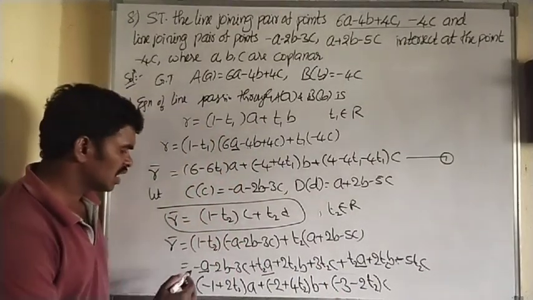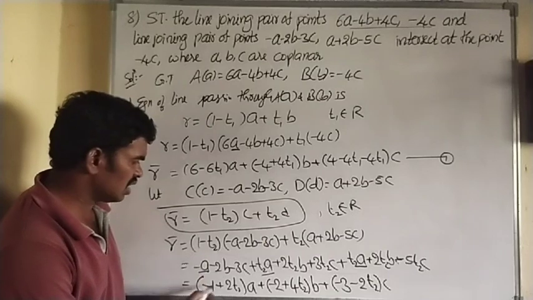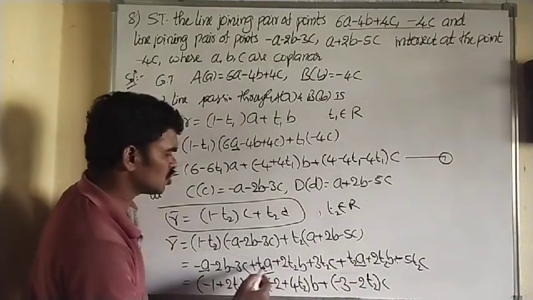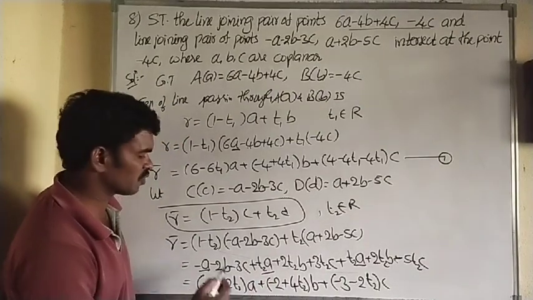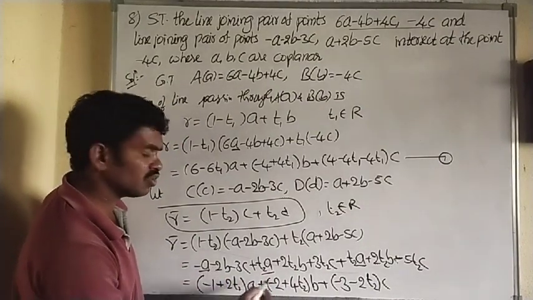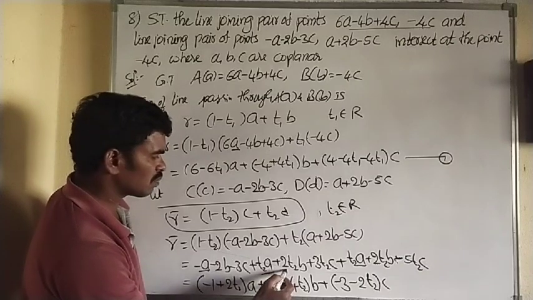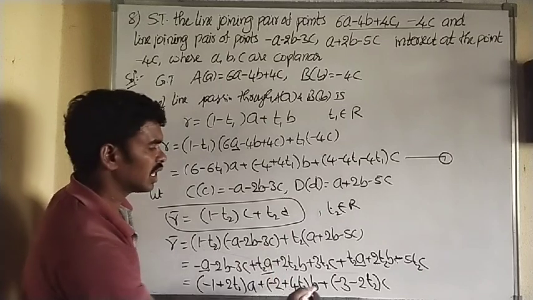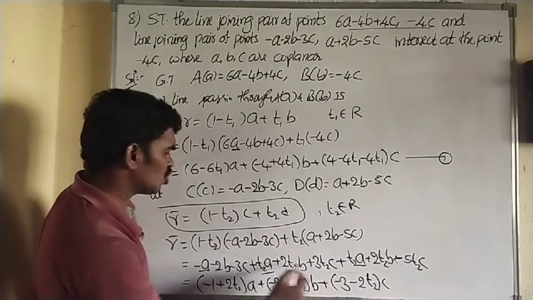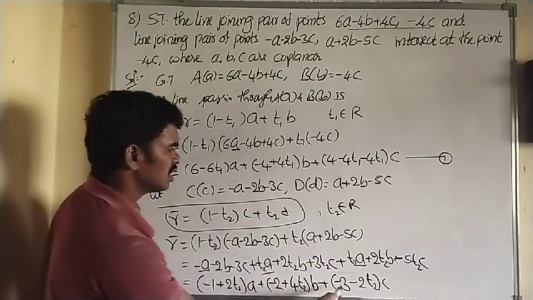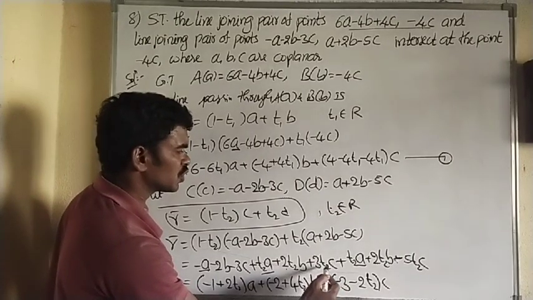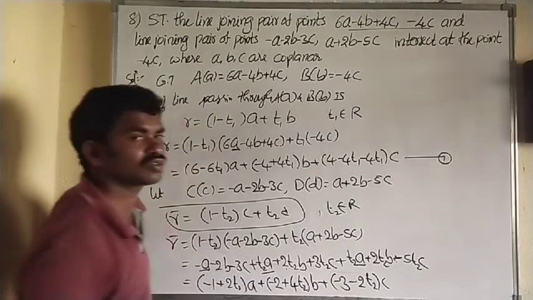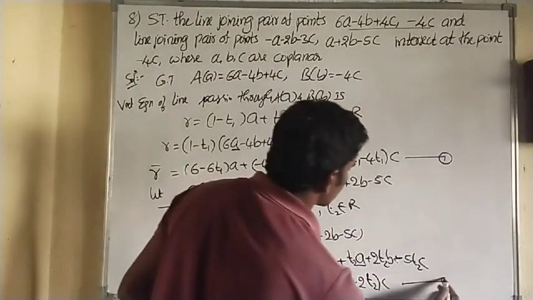So listen, here A coefficient, here minus 1, here A coefficient is t2, here A coefficient is t2. So here plus t2 plus t2 becomes plus 2t2. Next B terms: here minus 2, and here B coefficient plus 2t2, plus 2t2 becomes plus 4t2. And C coefficient: here C coefficient is minus 3, here C coefficient is 3t2, here C coefficient is minus 5t2. Minus 5t2 plus 3t2 is minus 2t2 C. So this is taken as equation 2.